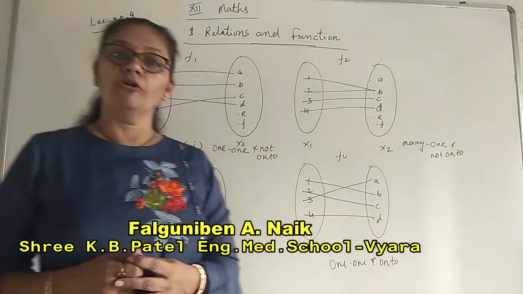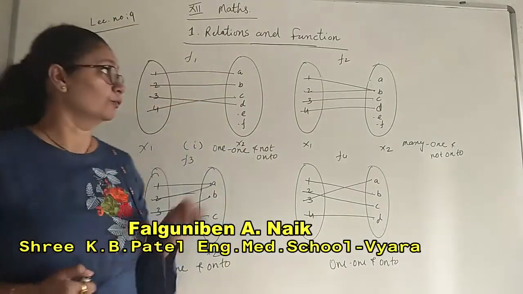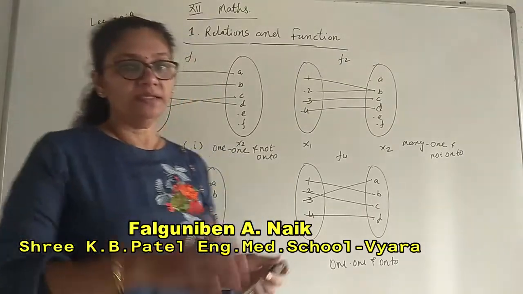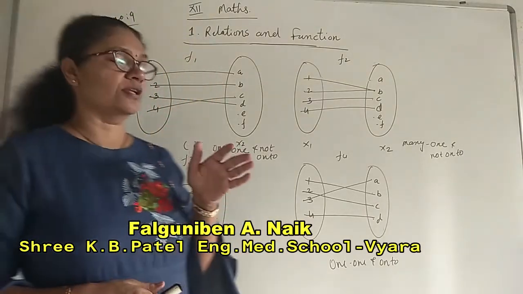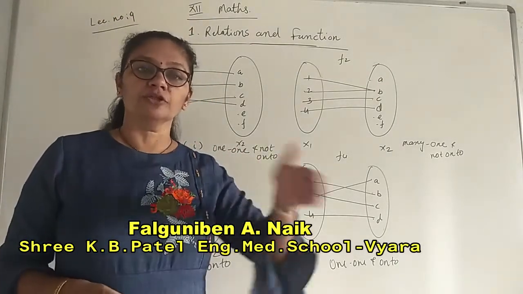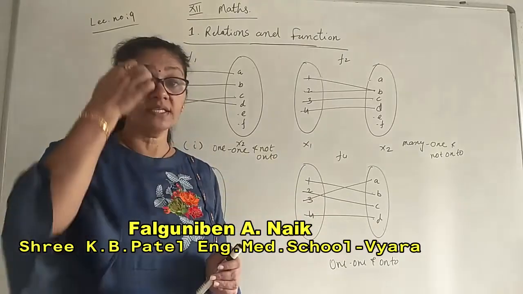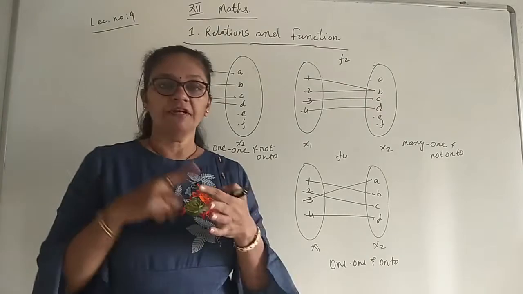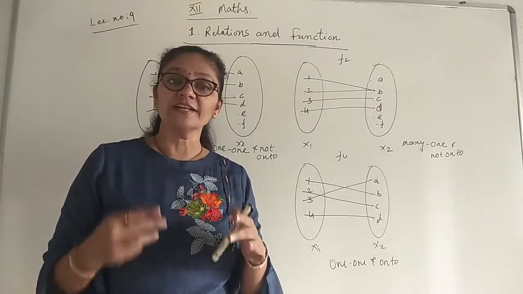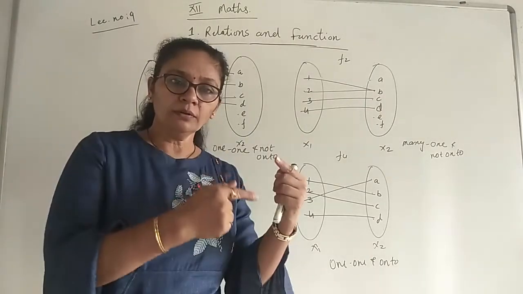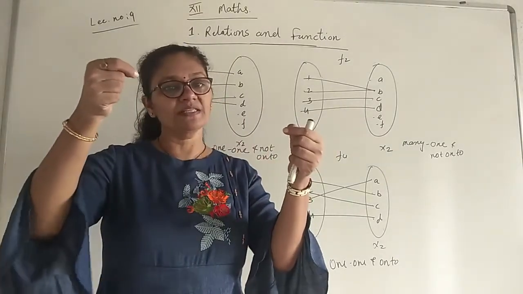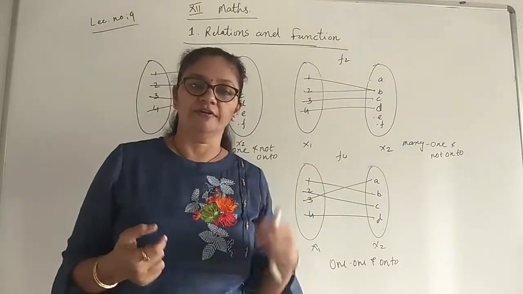Last class we have already discussed what are one-one and onto functions. So I have drawn 4 diagrams. In that I will again explain what is one-one, what is many-one, what is onto and not onto, or you can say into. First we start with one-one. What we learned yesterday? One-one means injective function. Injective means what? One question, one answer. Means with one term, only one term is related. That is called a one-one function.